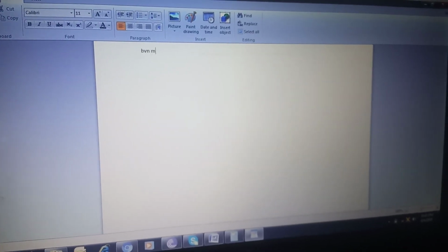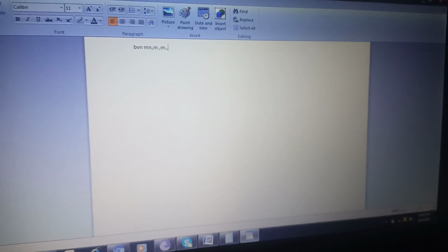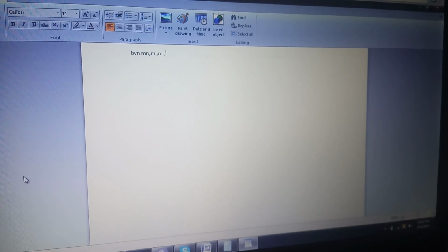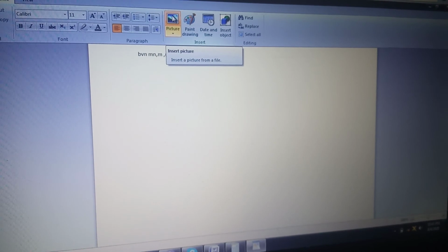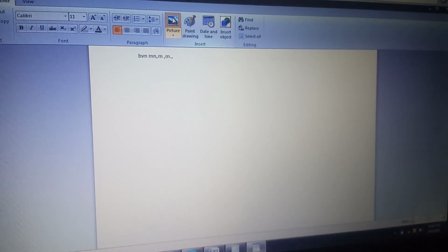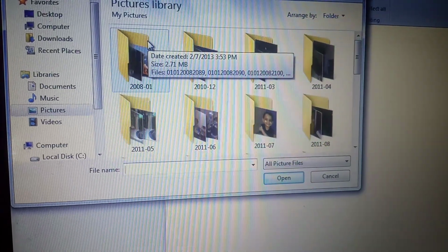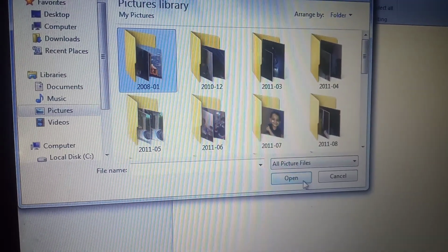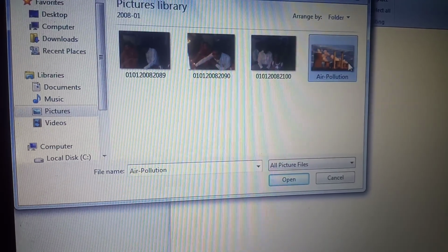If you want to type anything, then you can start typing here. Like that you can type anything in the WordPad window. Suppose you want to add a picture, then here you can see the picture option. I will click on it. I can choose any picture from my folders. Suppose I want to add this picture.